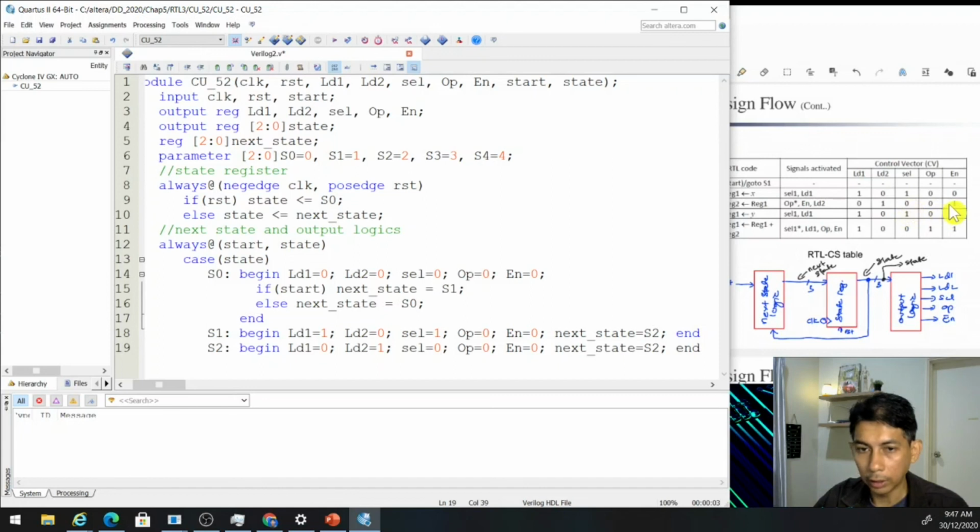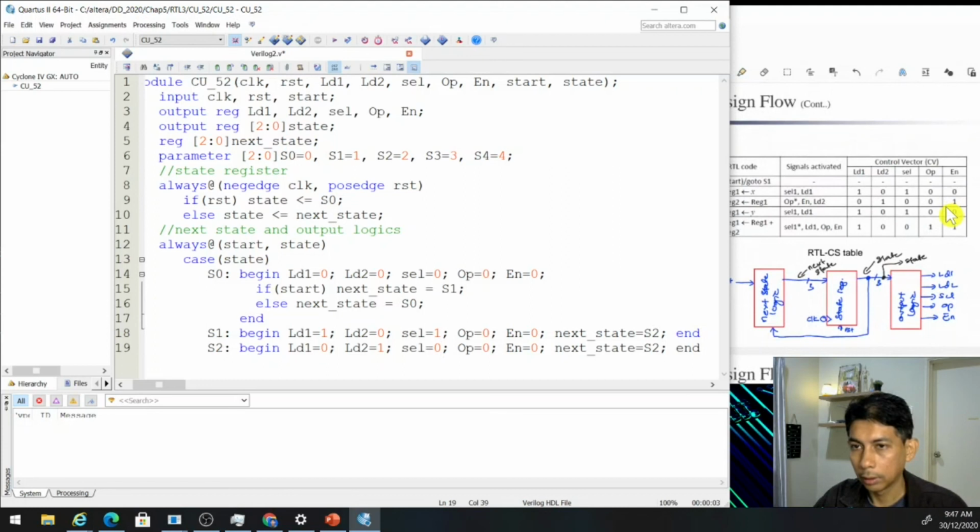OP equal to 0, EN equal to 1. Right? And we have S3,